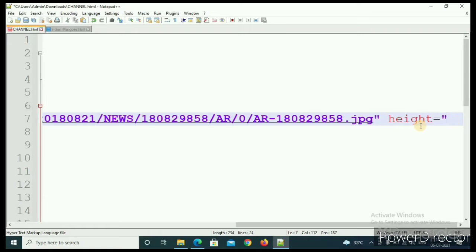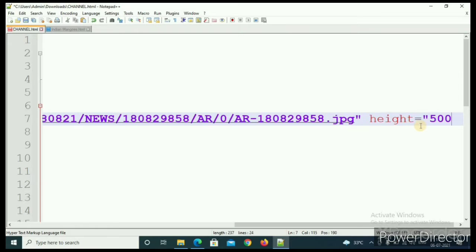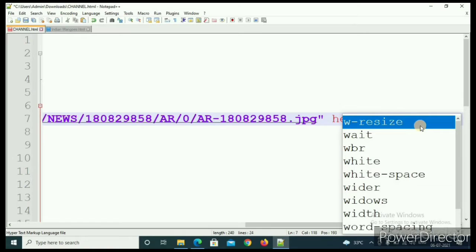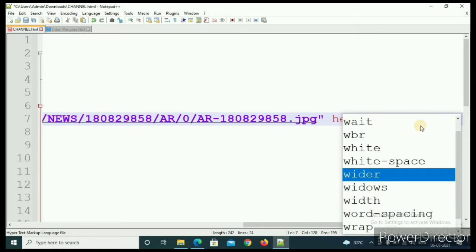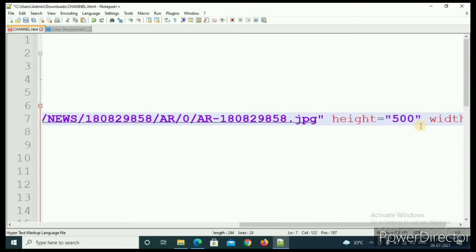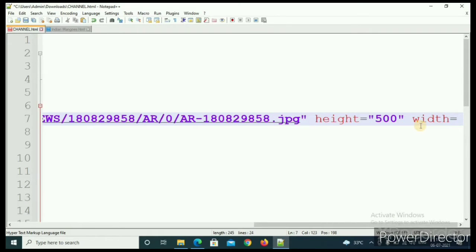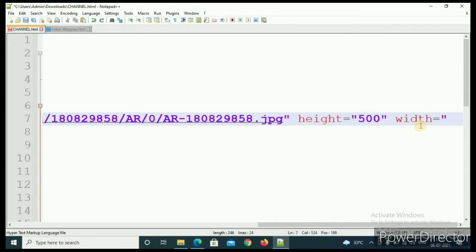So I will give the height 500, all the results will be in pixels. Then I will give space and type width, press enter, and then equal to, inverted commas, and then 300.